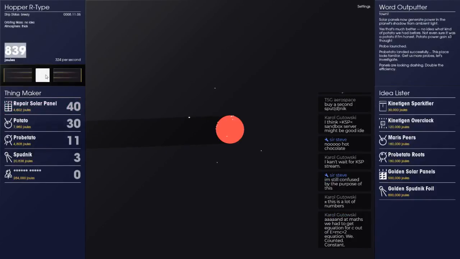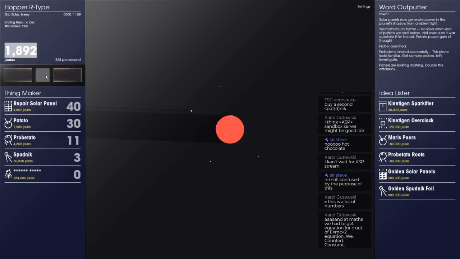Yeah, nice. 40. And at maths we had a great equation for C out of E equals MC squared. Oh, you counted the constant. Nice. So we did one in physics class when it was either the last year of mandatory school or the first year of higher education. We bounced some microwaves off a mirror and saw how long it took and used that to work out the speed of light or something like that. It was a while ago now, around the turn of the millennium. I remember they were saying something about that. I can't remember.